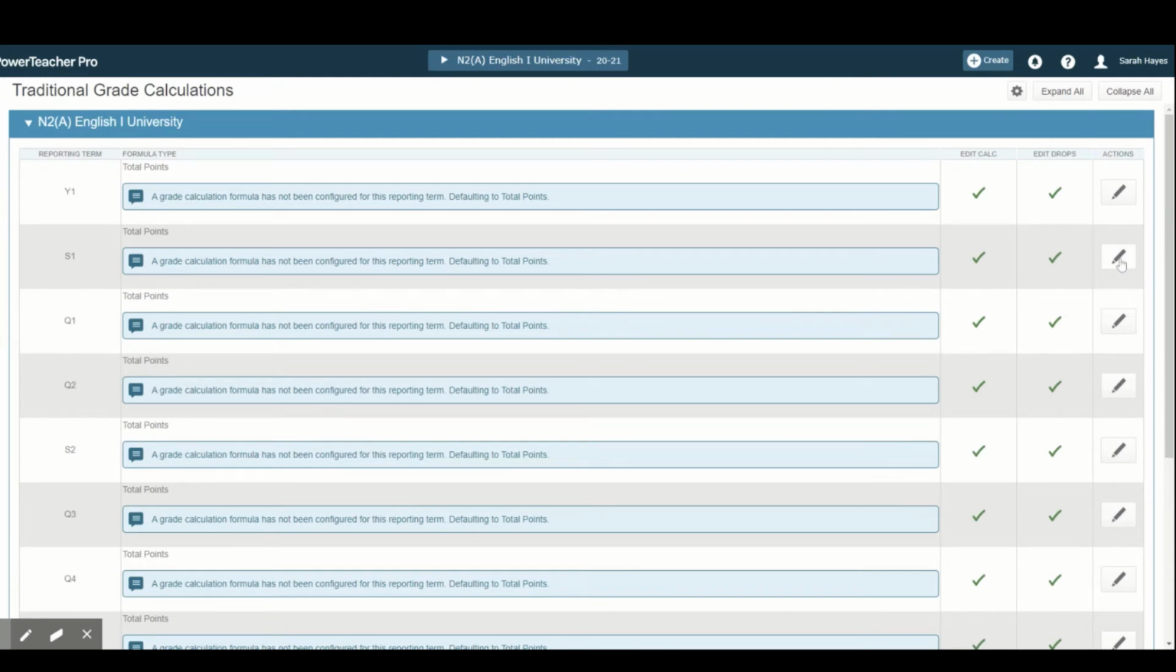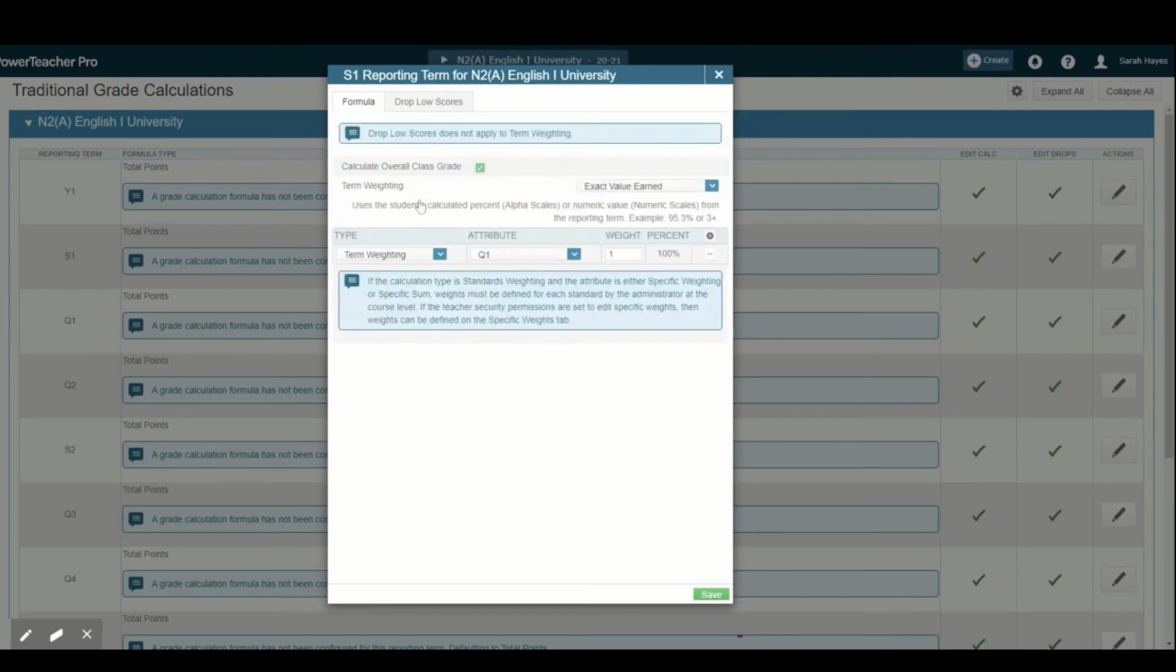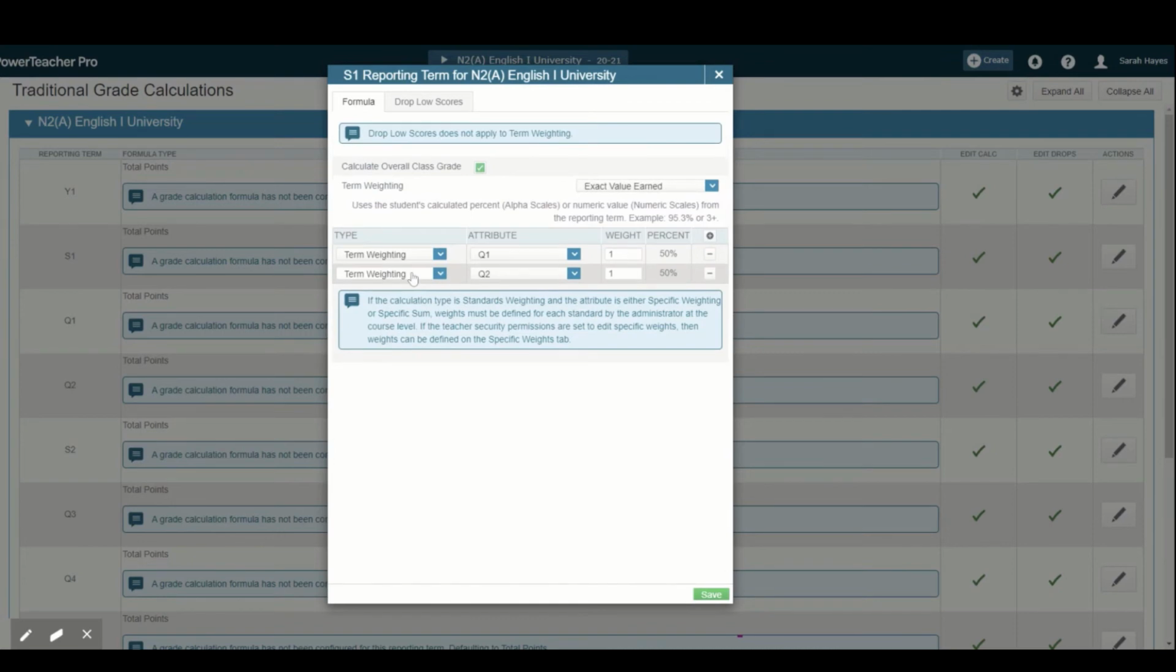So for your S1, you are going to come to the pencil and you have to choose term weighting. And then we need to add another term because we need to make sure that it includes Q1 and Q2. So over here next to percent, there's a plus button. I'm going to hit the plus, and I am again going to choose term weighting. And now I have Q1 and Q2. I'm going to make sure that both are 50%. And then I am going to hit save